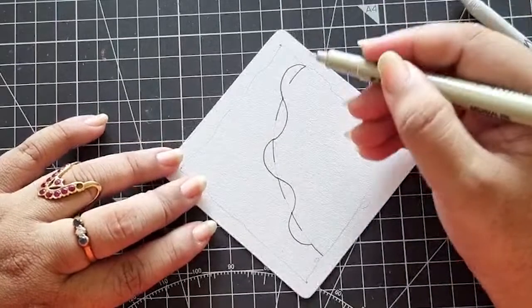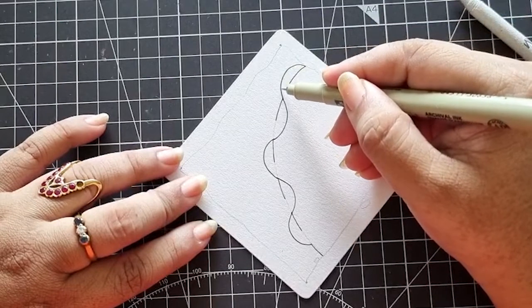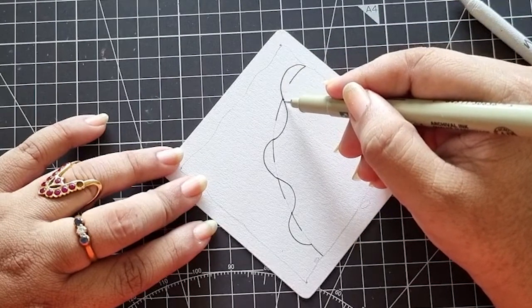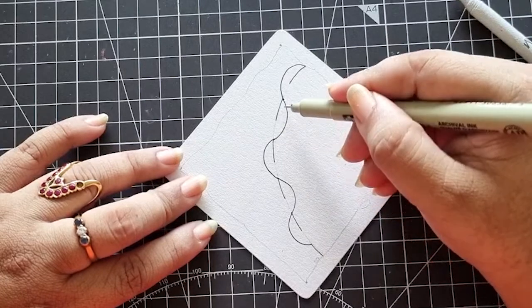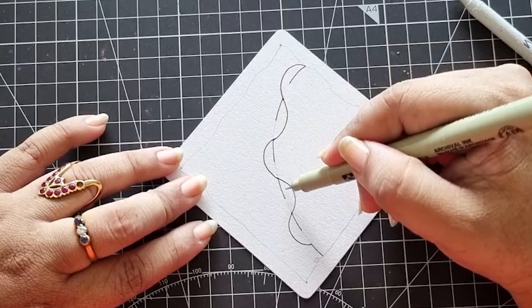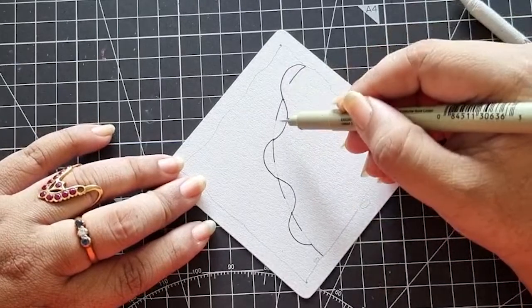so what I did is I started a stroke and then curved it and brought it to the beginning of the first one, and then mindfully I brought it again to the beginning of the next one. So each of these lines that we took in the first step, I'm going to use the top one. Okay,